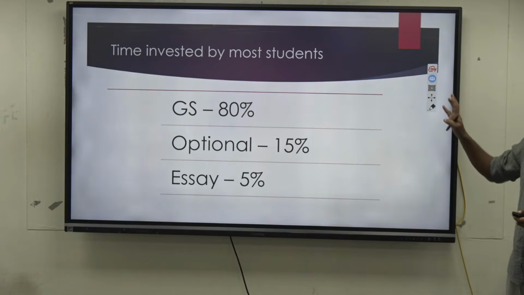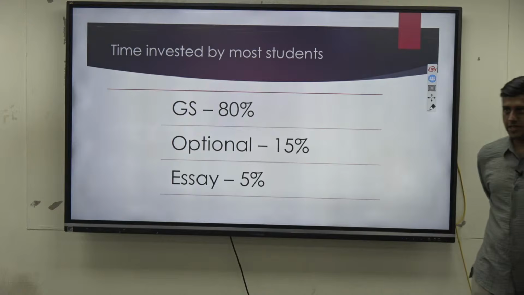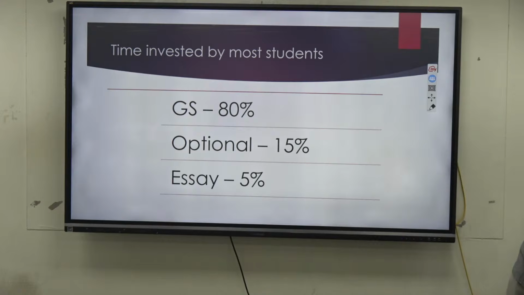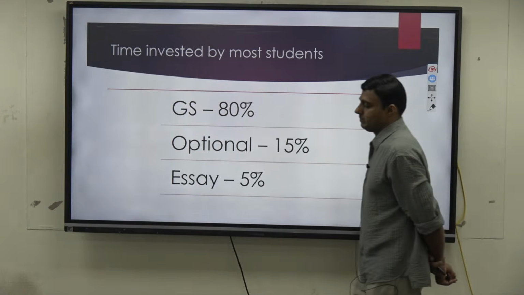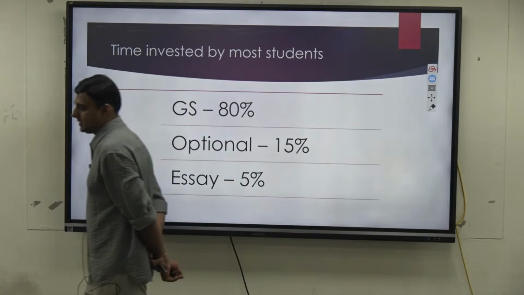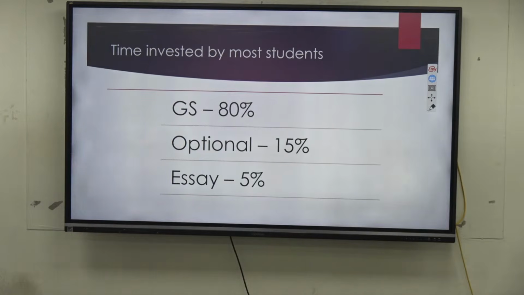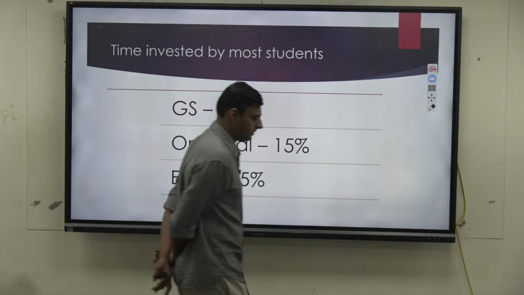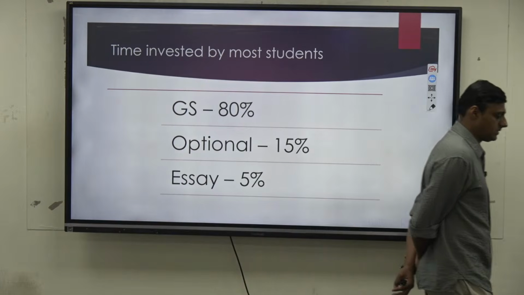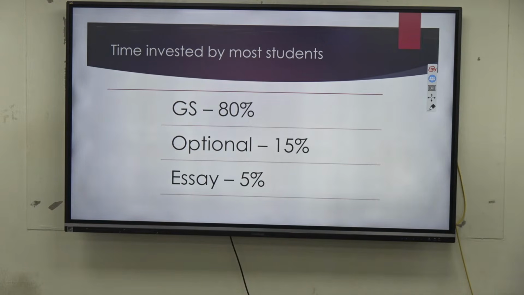Now, broadly, this is not an exact percentage, but most of the time students will put more effort on GS itself. It can be 70%, 80%, whatever. They will put more effort on GS for the simple reason that there are 4 papers and the syllabus is very huge. And of course, even in prelims you have to study that, so more effort will keep going towards GS. We are not saying it is not necessary. Of course, it is necessary. But if you look at it marks-wise,